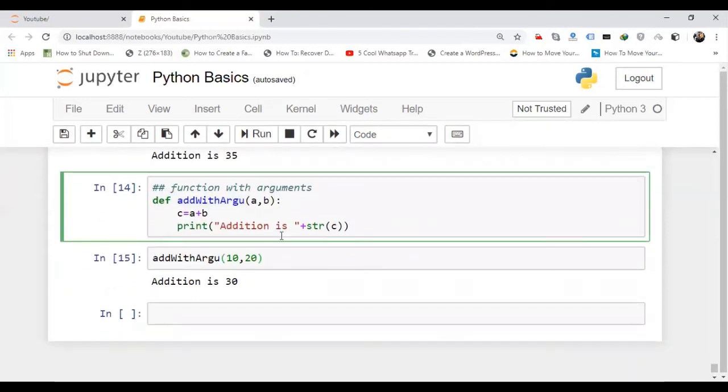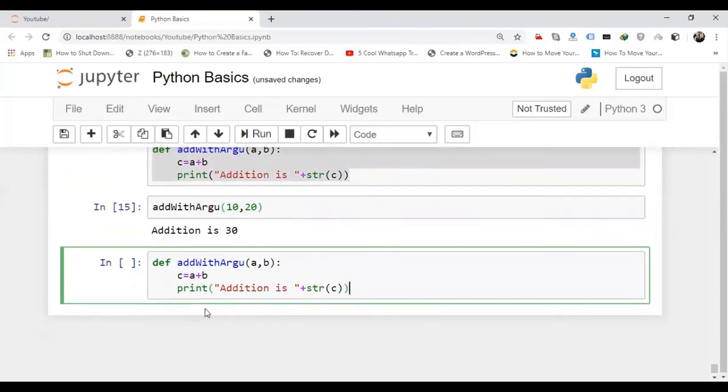Now the next one is what is return type? Return type is what? Like if I want to return some value with the function, return means that it will return some value. It will give me some value. So I'm taking the same example.